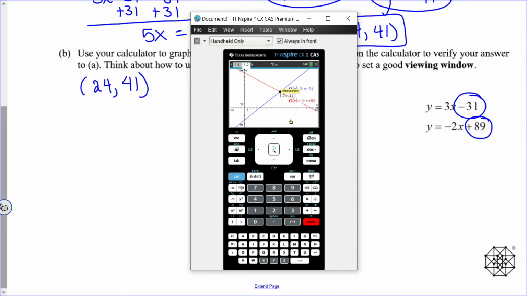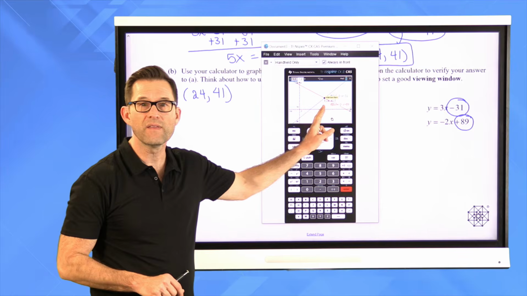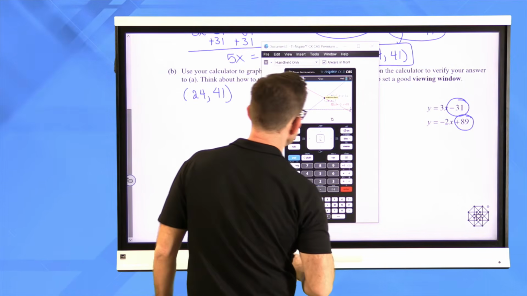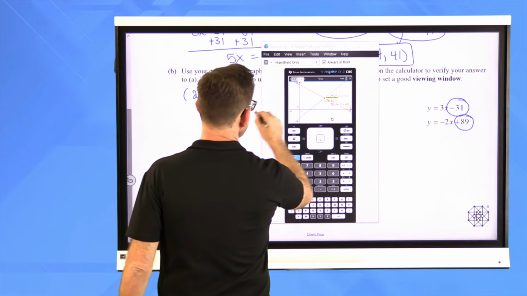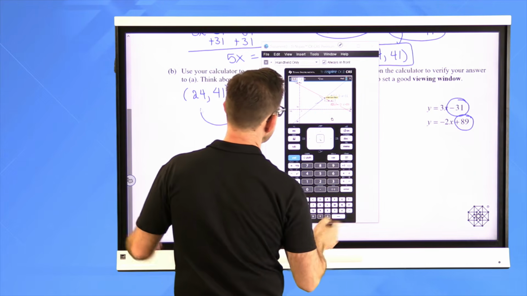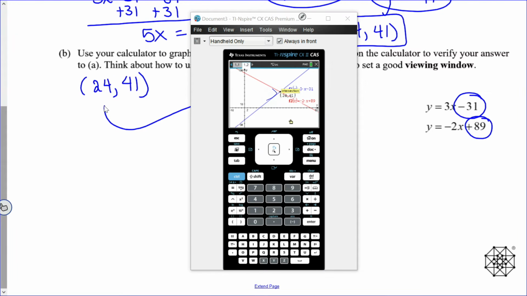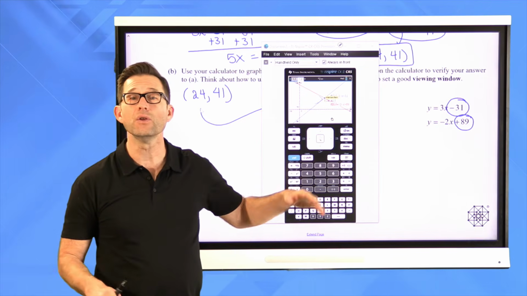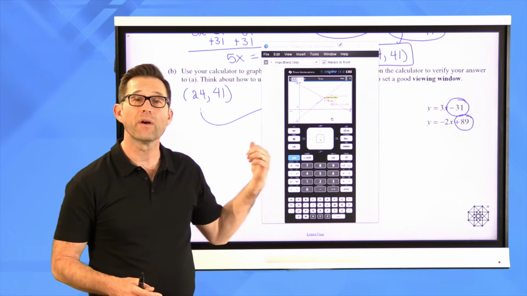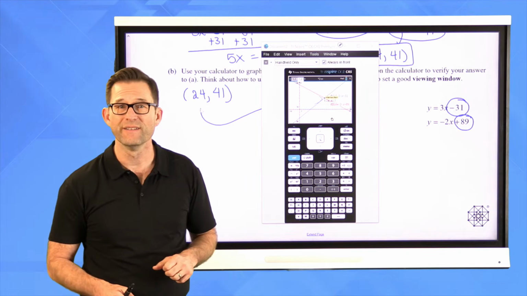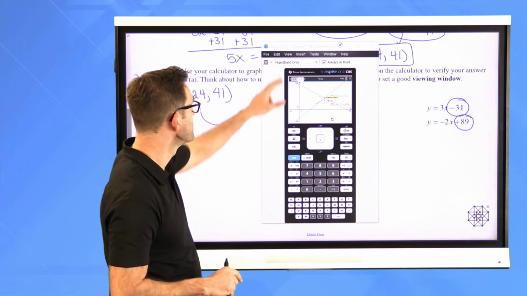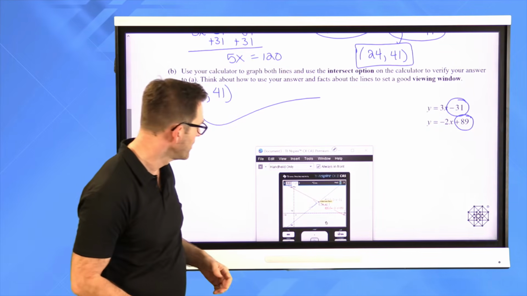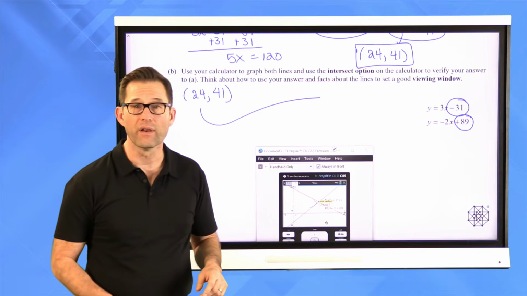And then at least on this calculator, what's beautiful is it just shows me the intersection point, 24, 41. I would circle it on the graph, but that doesn't work that way. All I can do is kind of do that, and that just didn't work. Although that was kind of cool. It did make a little mark there. One of the great things about the graphing calculators is that you can very quickly use them to verify something like this, right? Important to be able to find intersection points using your calculator. We'll spend an entire lesson on them eventually. Huh, and that blue line just came right with it. All right,